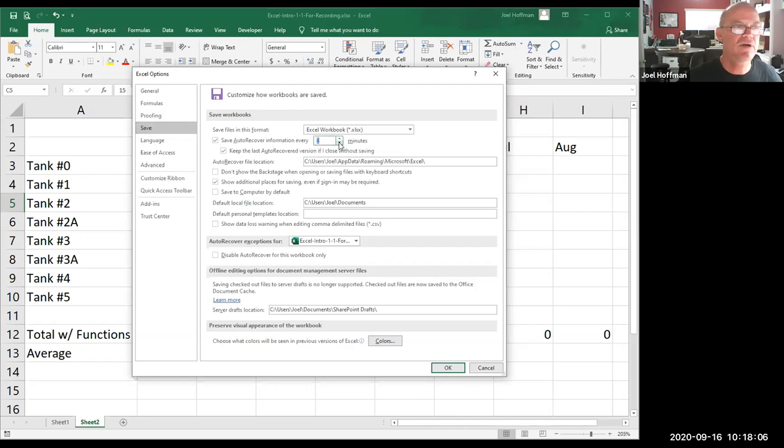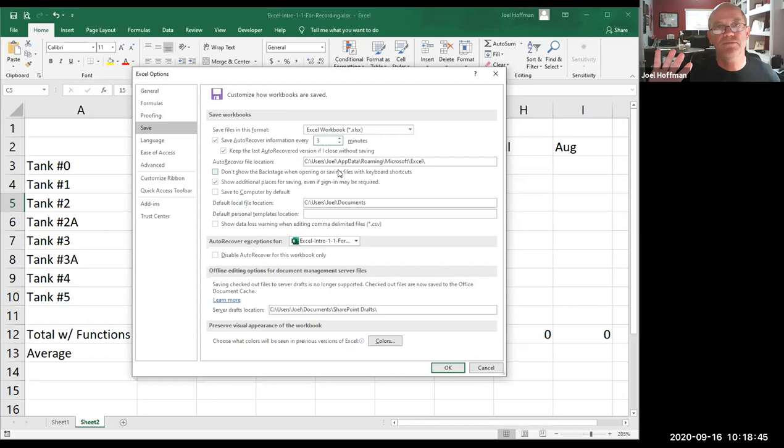You can change that value to 3 minutes, 2 minutes, whatever. The idea is you may forget to save. You may get so involved in your spreadsheet that you do hours worth of work and forget to save it. If you forget to save, with this box checked, Excel every 5 minutes, 3 minutes, 2 minutes, whatever you specify, is automatically saving your spreadsheet for you into a special place, not to your file, but into a special place